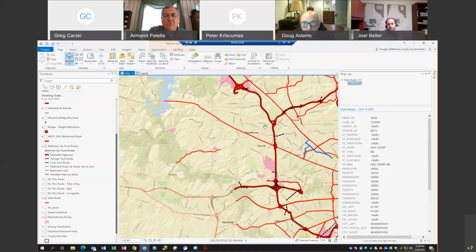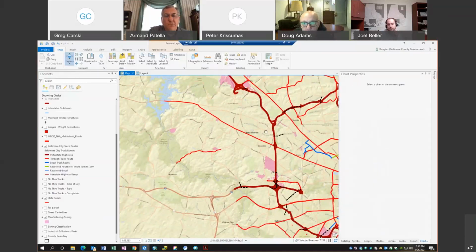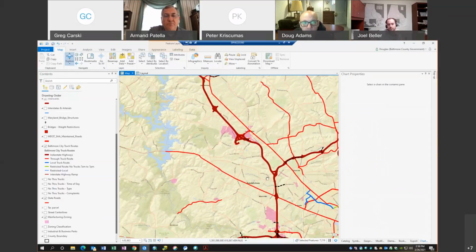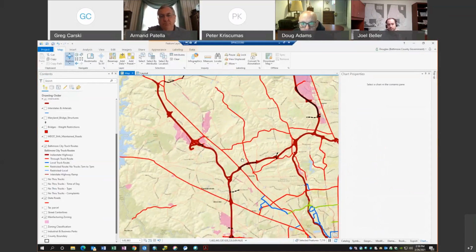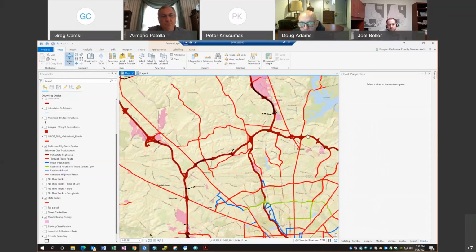So then as we move up to the northwest corner of the county, there's Liberty Road, Reisterstown Road. You've got some state roads that wiggle across this part of the county, right under the Green Spring Valley area where the Valleys Planning Council is located.